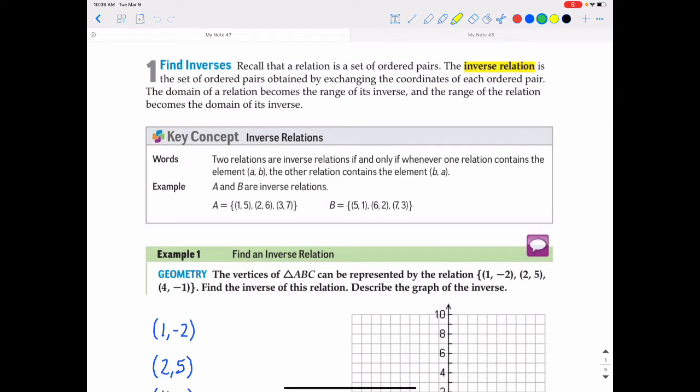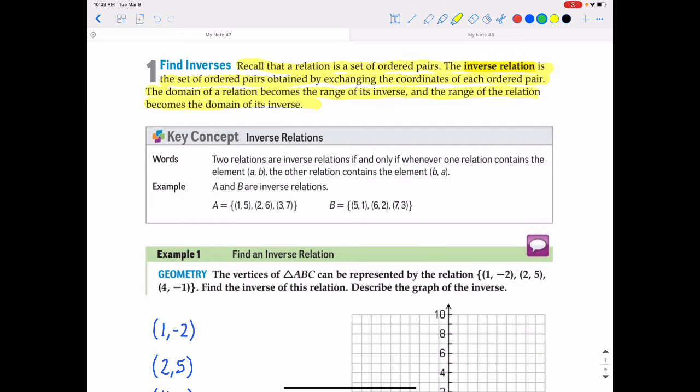This section is about inverses. Recall that a relation is a set of ordered pairs. The inverse relation is the set of ordered pairs obtained by exchanging the coordinates of each ordered pair. The domain of the relation becomes the range of its inverse, and the range of the relation becomes the domain